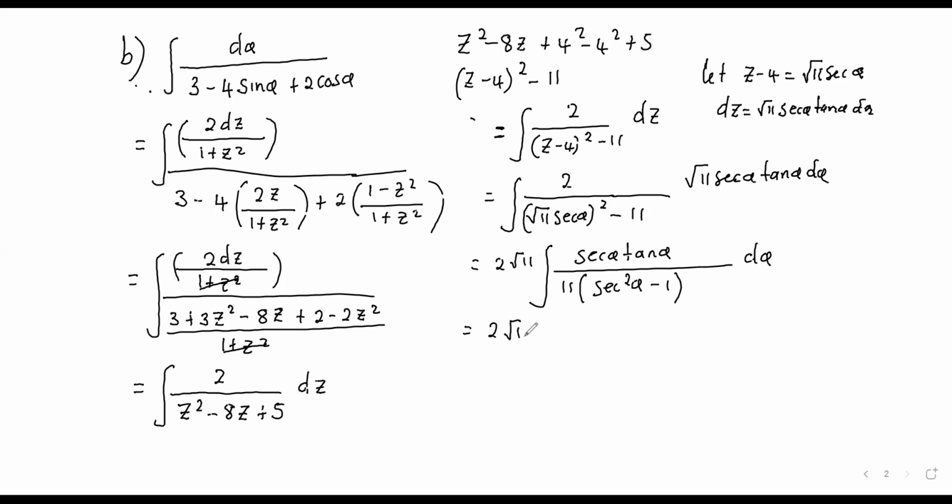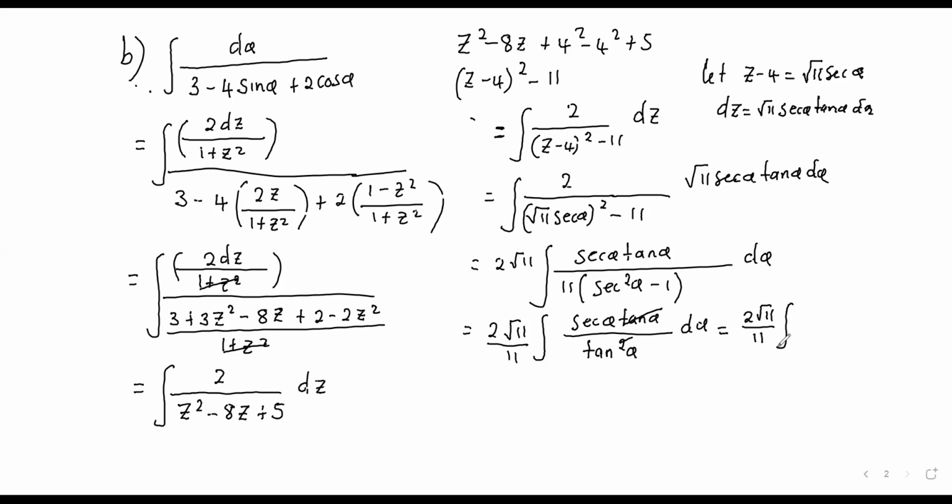So we have the integral of sec theta tan theta over tan squared theta d theta. So now this and the power goes. So we remain with 2 root 11 over 11